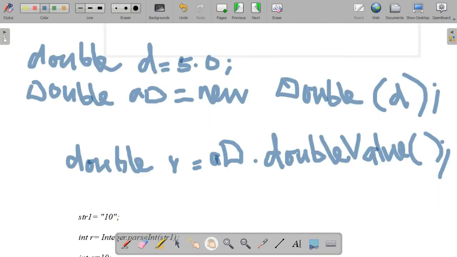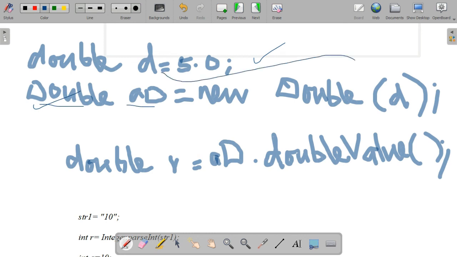So the wrapper classes wrap a value of a primitive data type in an object. Here, as an example, this is a primitive data type. The primitive data type is initialized and this data type is converted into an object. In that AD object, the primitive value 5.0 is passed as the argument in the constructor.